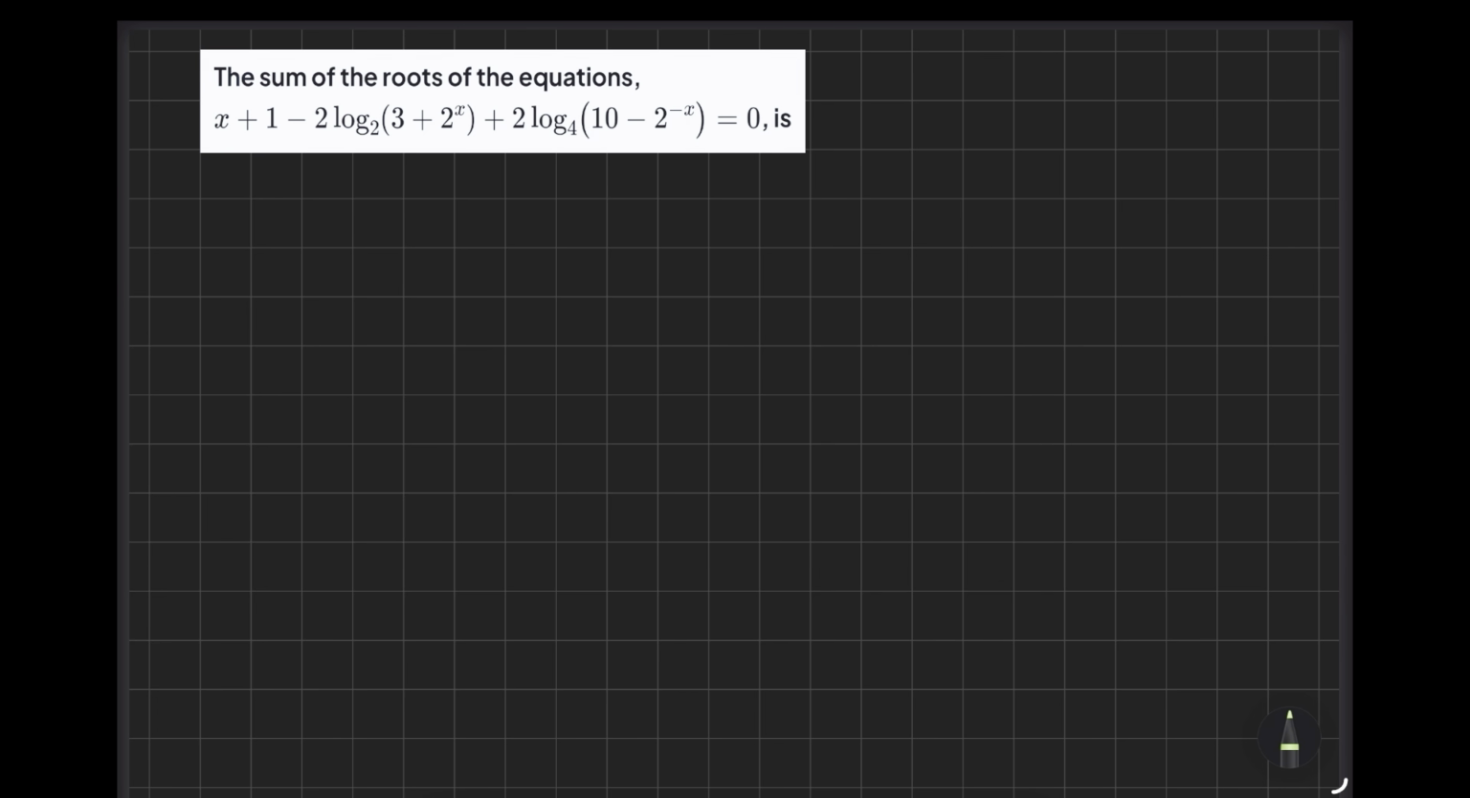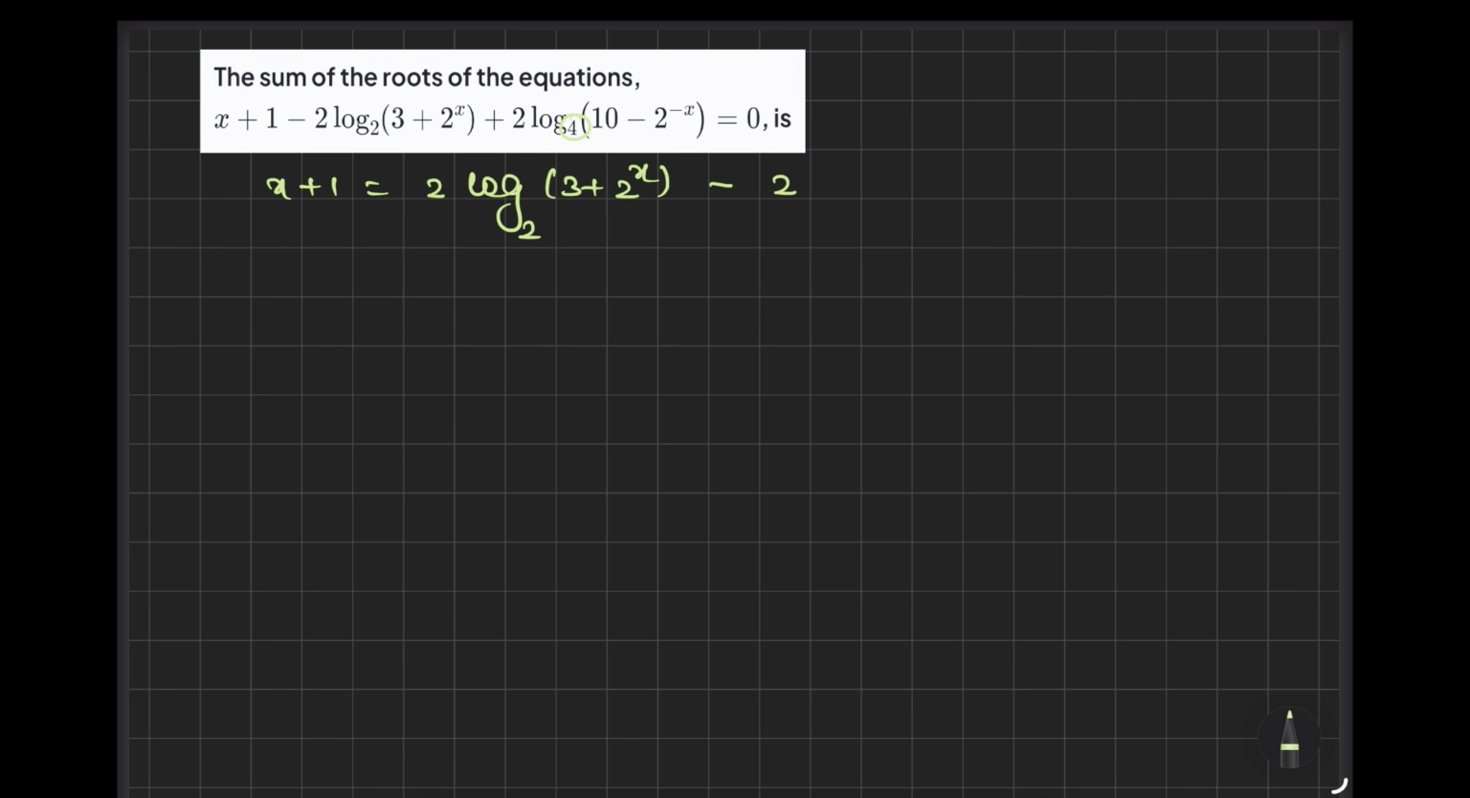So, we are back with a wholesome new question which says: the sum of roots of this equation. Great. So, we have to solve for the sum of roots of this equation. Before solving, what I feel is we should manipulate these two functions first. So, I will keep x plus 1 on this side and send the remaining things to that side. So it is 2 times log base 2 of 3 plus 2 power x minus 2 times